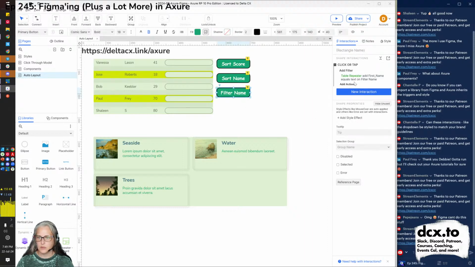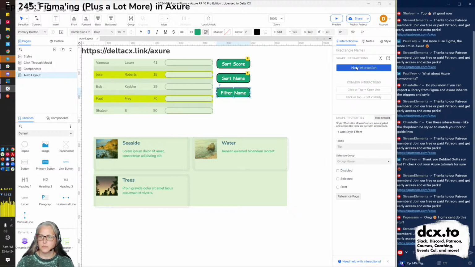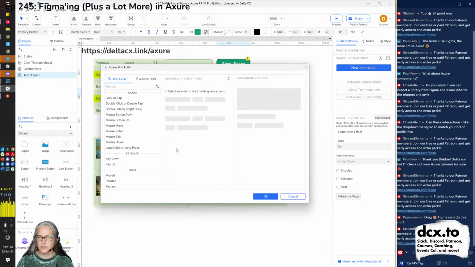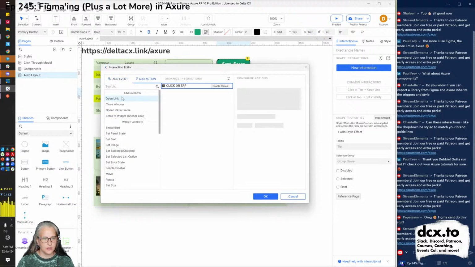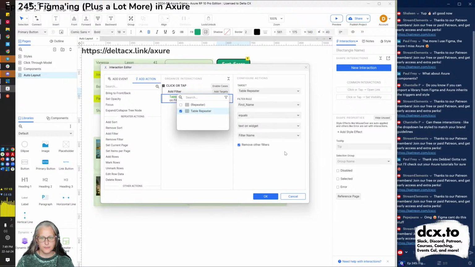Oh, hold on. Let me erase this for a moment. Let's start again. Let's open up my big editor. I sometimes think better here. On click. Add action. Add a filter to the table repeater.